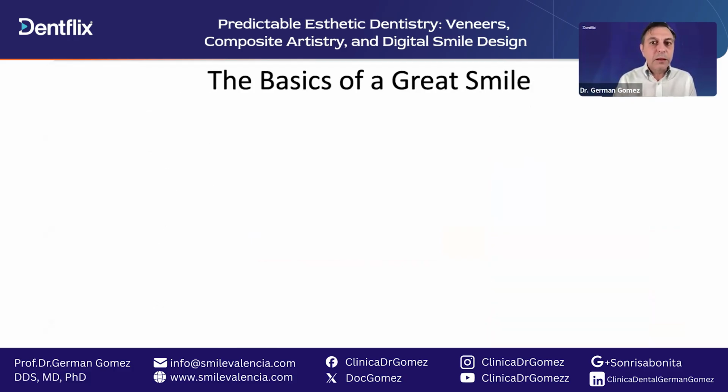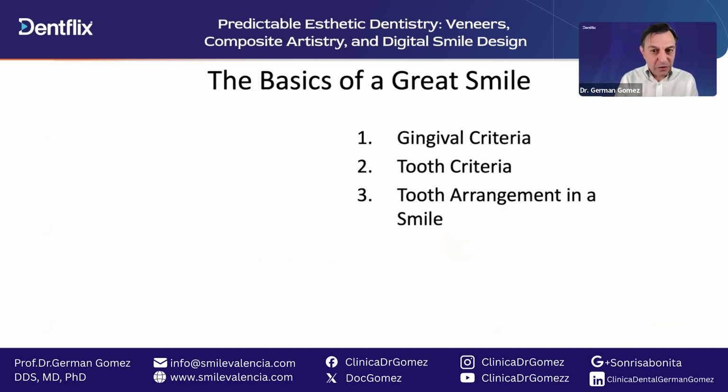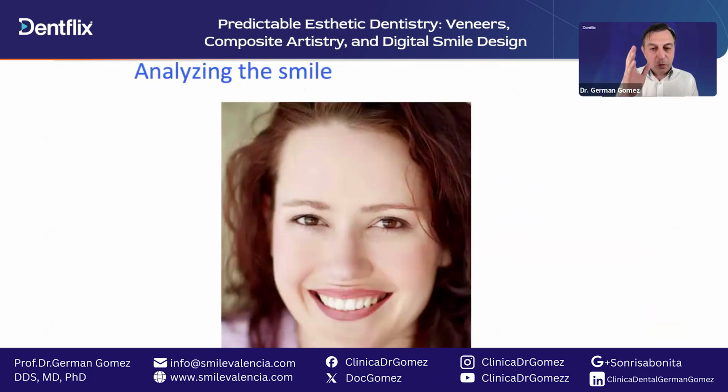Okay, then basics of the great smile: the gingival criteria, tooth criteria, tooth arrangement in a smile. So if we look at a face, we have to look at several things. First of all, are the teeth in the real midline of the face? Yes or no? Then, are the canines more or less at the lateral sides of the nose when the patient smiles? This is the basic arrangement of our